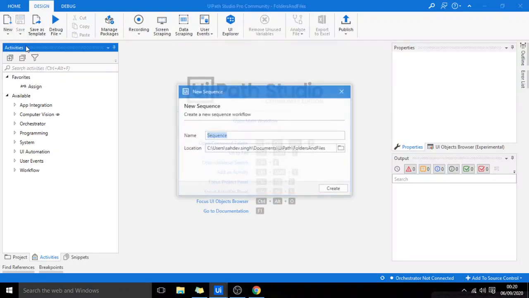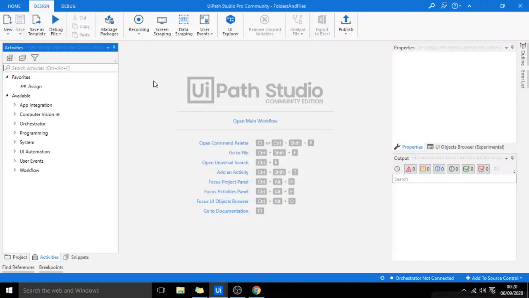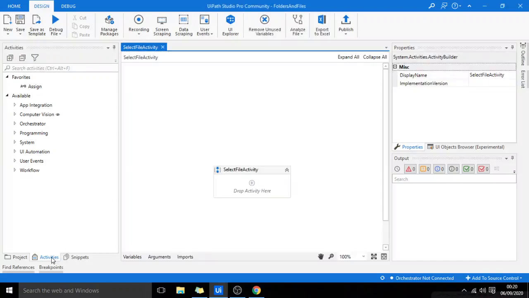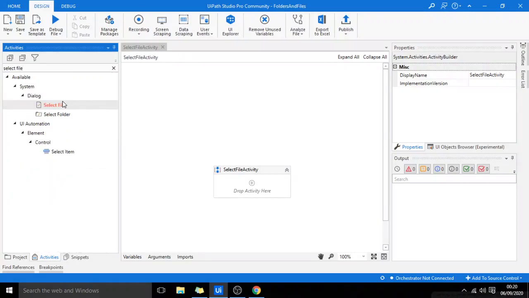I will create a workflow using a sequence. I will name it select file activity. I will drag that activity, that is select file.